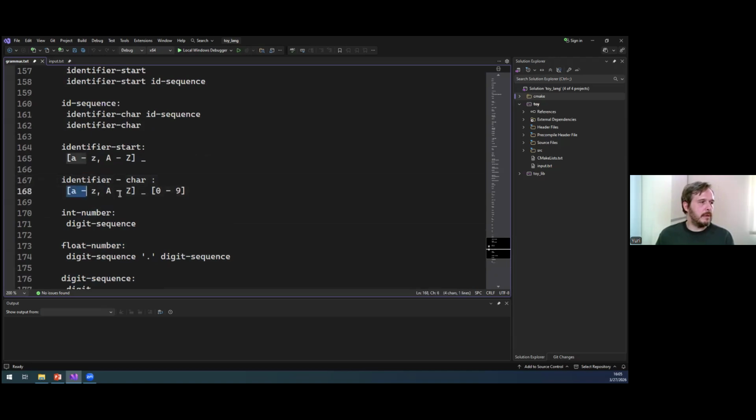By the way, this is just for brevity. These two rules I will explain when we get to identifiers. Our identifiers will be allowed to start with a letter or an underscore, and inside our identifiers, we will allow having letters, underscores, and digits, basically. Okay, so